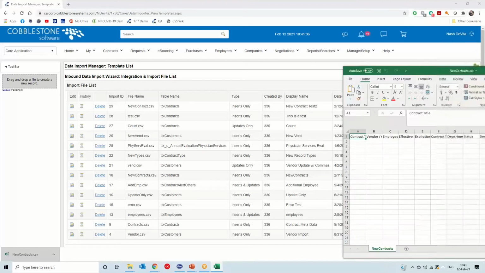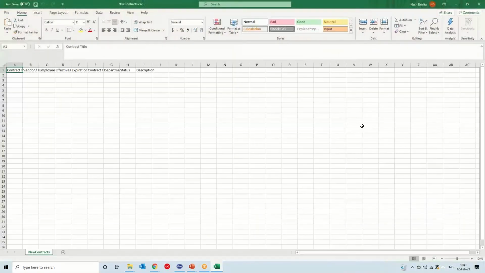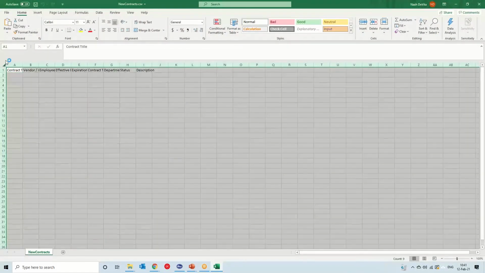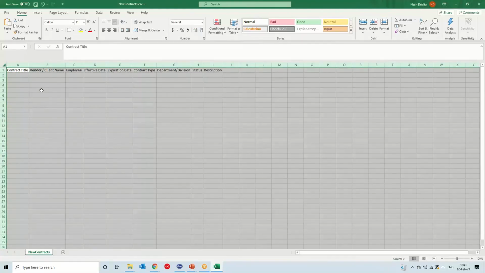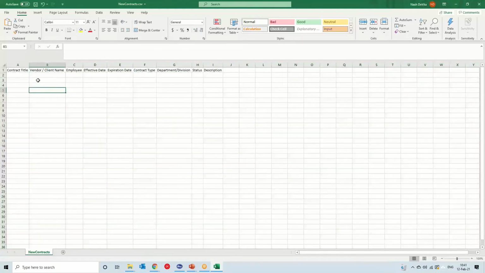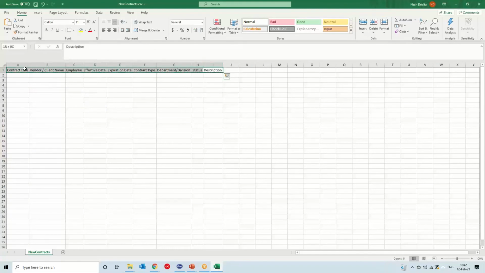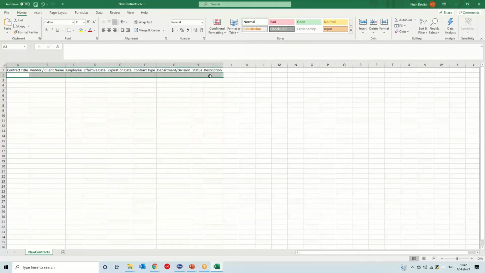And when I open it on up, this is what I see. So it is almost completely blank with the exception of my column headers. Again, the column headers being my fields, and they are in the very same order they are back in CobbleStone in my field selection area. So I could populate this, and I am going to